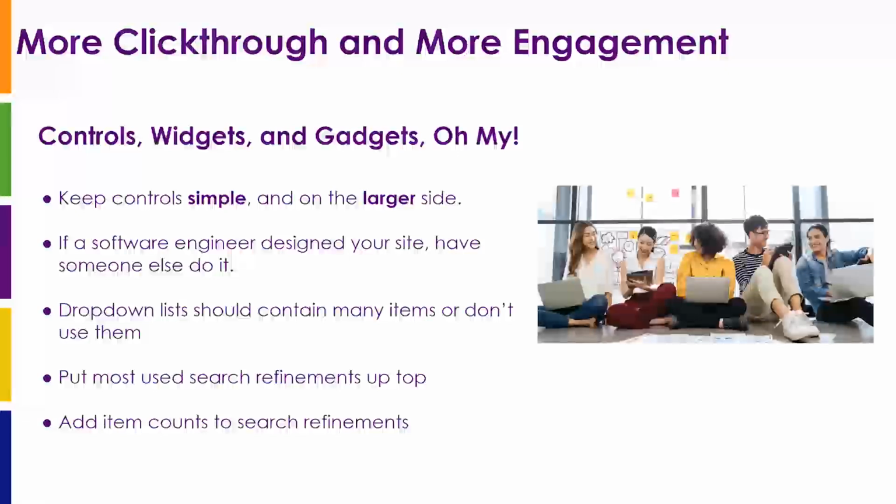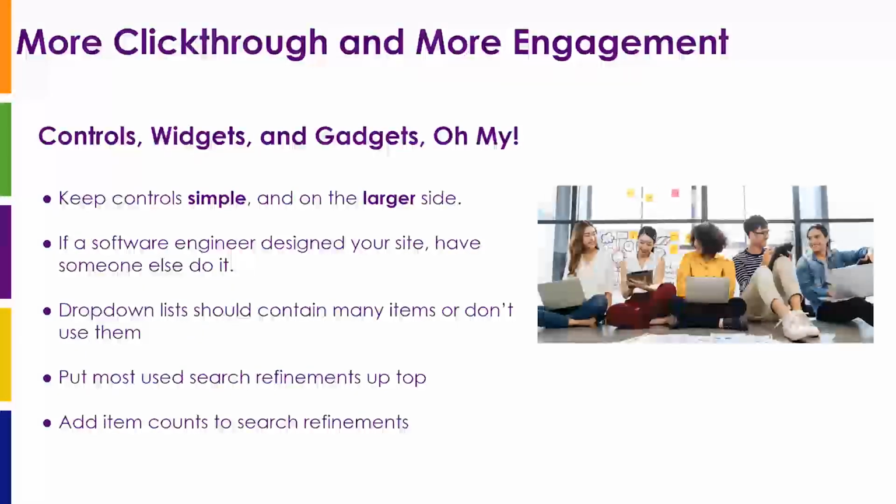Engagement means easy to use. If a software engineer designed your site, you probably should have somebody else do it. Engineers love complicated controls. Users typically in the world don't. They get in the way, right? Drop-down lists. If they have a lot of items in the drop-down list, then okay, maybe that's what you need. But if you just have 2 or 3 options to select from, don't make them drop-down lists, because that really kills discovery. If it's just a select one and then you have 2 options under it, don't make that a drop-down list, right? Make it clear, make discovery